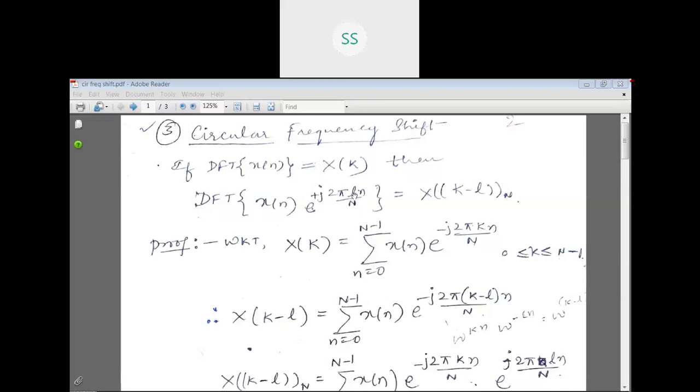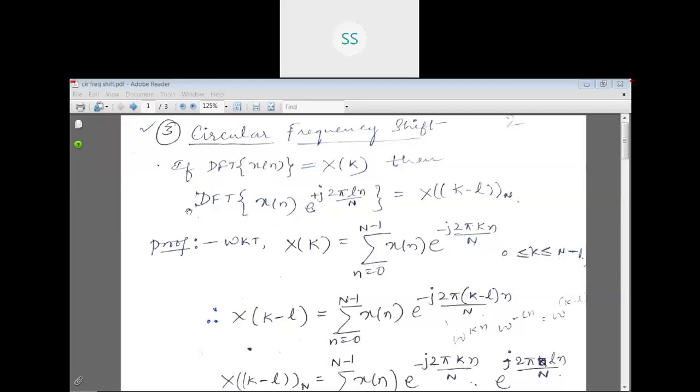So, if L is equal to 1, 2, 3, 4, any integer value, based on that the discrete sequence x of n is going to be shifted. Now the DFT of such a sequence is equal to X of k minus l. So X of k minus l, it is a circular shift. This notation we have been using since the beginning of the DFT properties. But what is a circular shift? It is a circular shift of the DFT samples here.